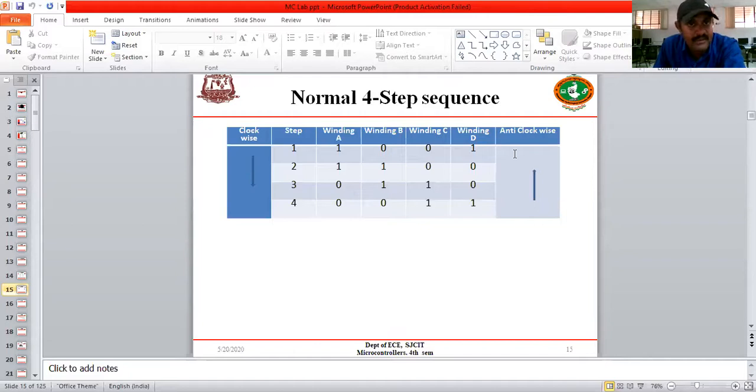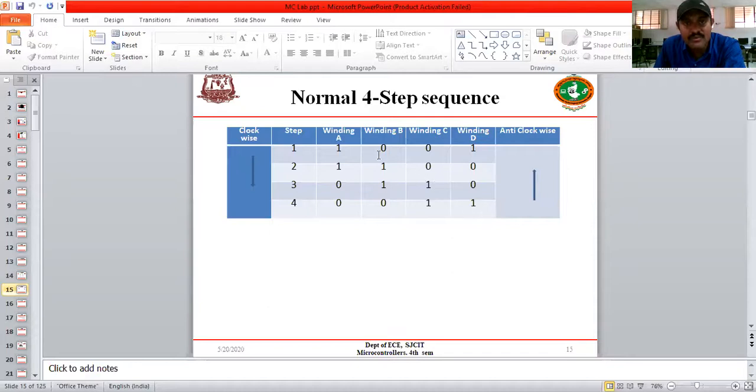In this example, the rotor is locked first between AD, next AB, next BC, next CD.